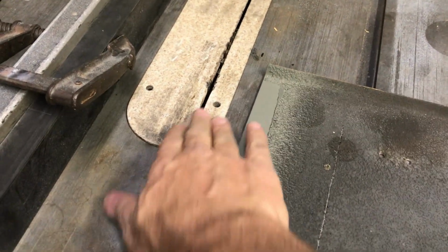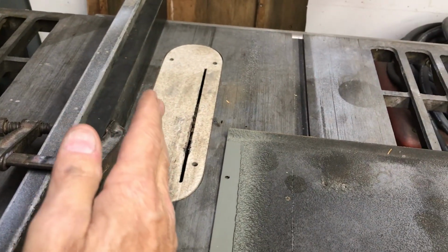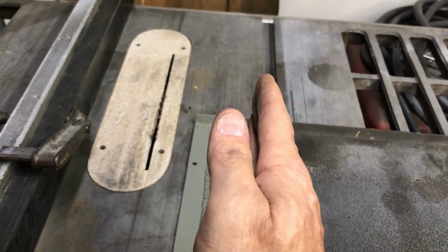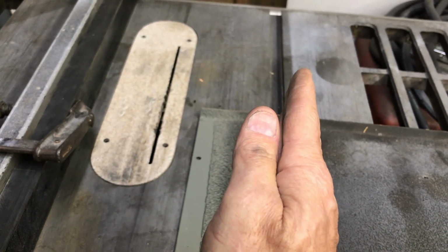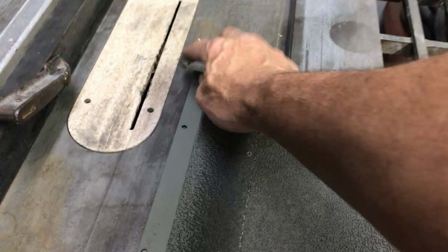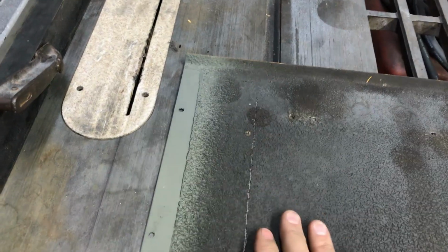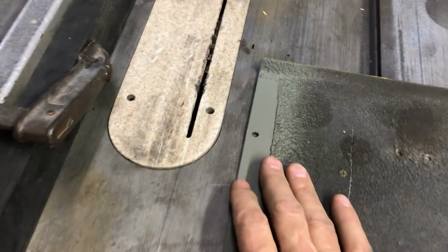Okay, we're set up at the table saw. So I'm cutting on the back side of the fence, which is a little weird. Normally when it's on the normal side, the fence has a little bit of a cant to it, just a tiny bit, so that when your wood or whatever is going through there, the back side of the blade doesn't get locked in between the fence. There's a couple of reasons why I set the blade this low, so that phenomenon of the fence having a little bit of cant to it